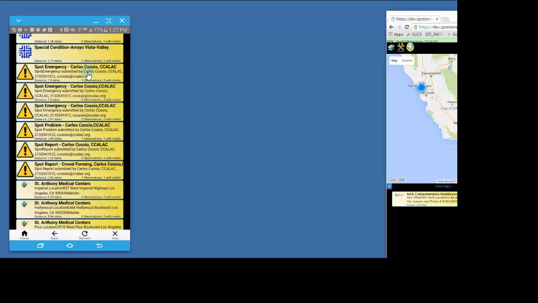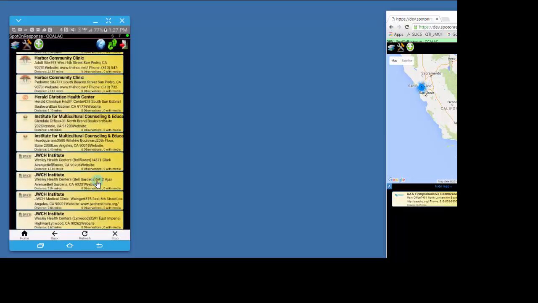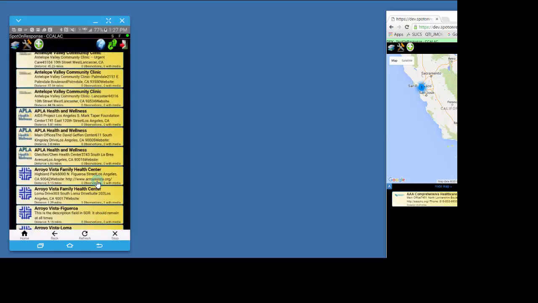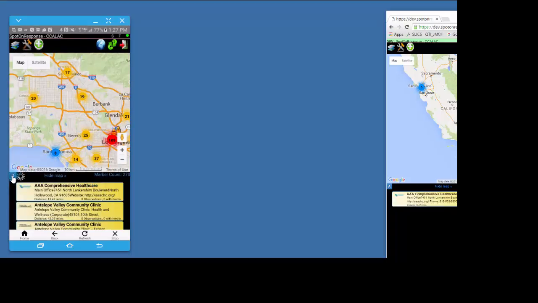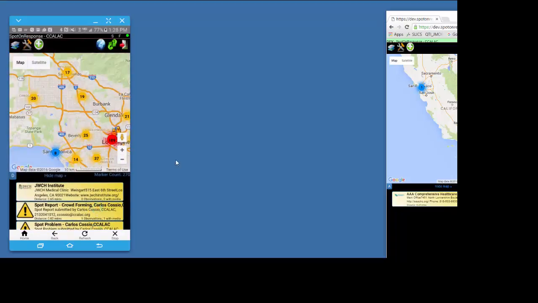Ah, right. So I've got 1, 2, 3, 4, 5, 6 spot reports. There's your crowd forming. So at least we know they're getting there. Let's go back to the filter here. Let me switch to distance, because I'm located in the center of Los Angeles, which is really close to where you are, I discovered. All right, so there are the set of spot reports. So those are working fine, but